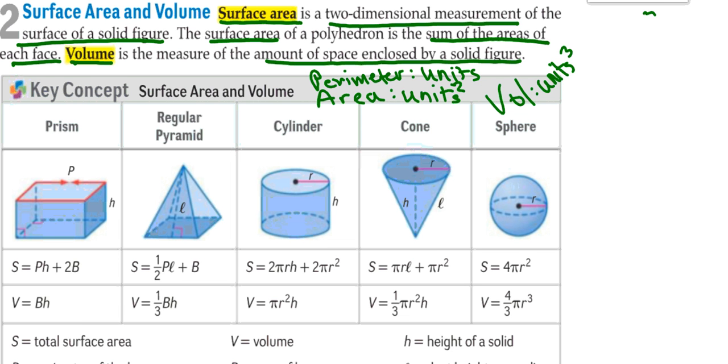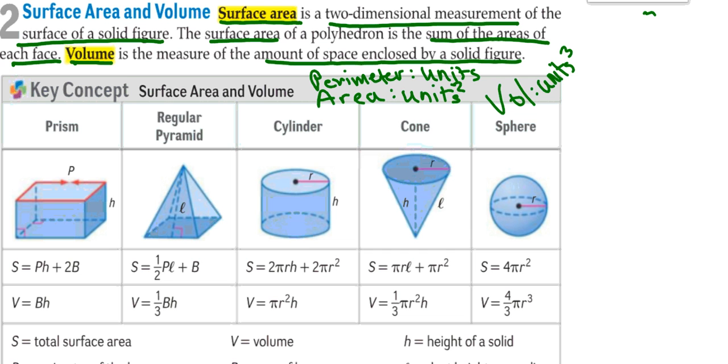I'm a believer in not just saying here's the formula and using it. To me it's important that we know why the formula is there and how it came about. So I'm not going to talk in detail about all of these, but I am going to talk a little bit about a couple. If I wanted to find the surface area of this square prism,